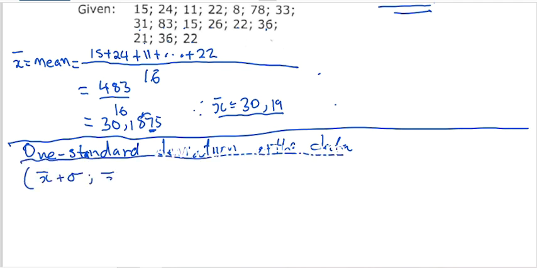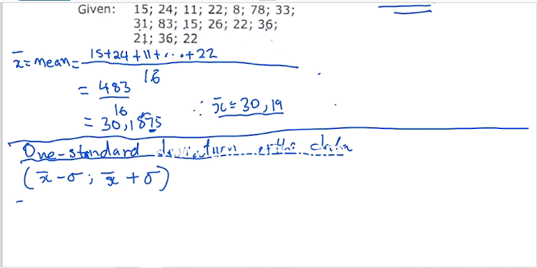So normally we start with the mean minus one standard deviation of the data, and the mean plus one standard deviation of the data. So this is the interval of the data. So for example, when we want the one standard deviation of the data,